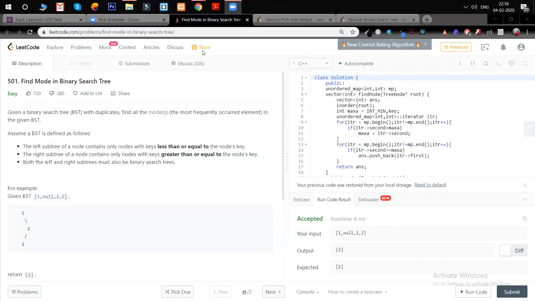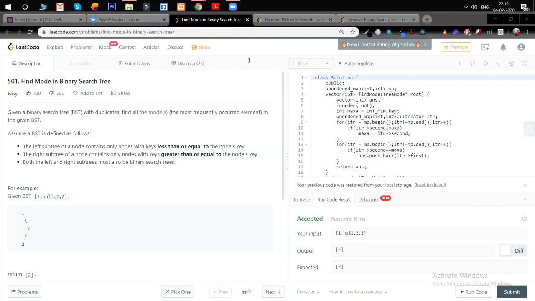If the tree is not a binary tree, this would still work if we use a hash map, right? Yes, with a hash map it will work every time, whether it's a binary search tree or not. We're just traversing each node and storing the frequency of the key. We are not using any property of the tree except traversal. Everything else is just the hash map.